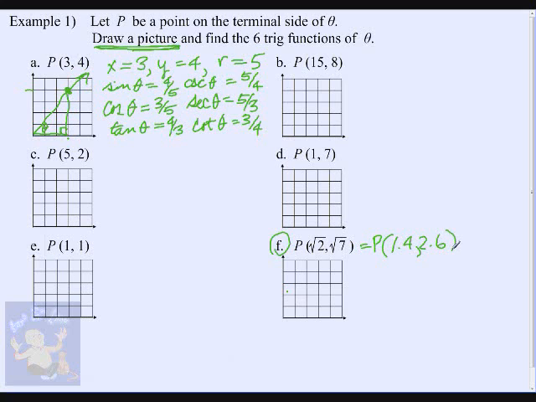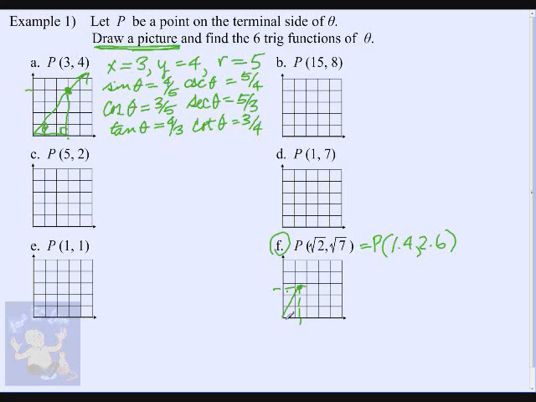Now for figuring the trig function, I'm not going to use the decimals, I'm going to use the exacts. But because I'm trying to graph, I want to have an idea where this is. Okay, so I've got 1.4 somewhere along here. And I've got 2.6, which is somewhere along here. So this point, right about there,